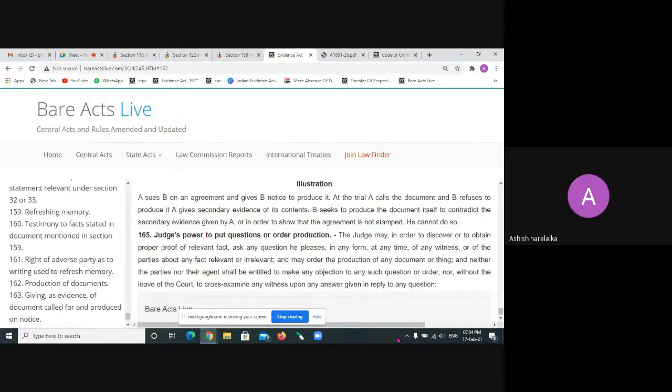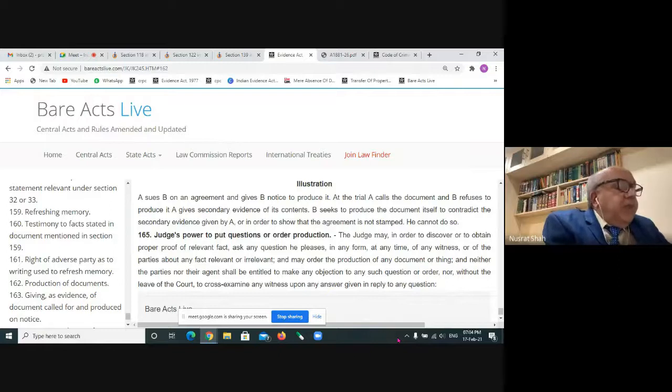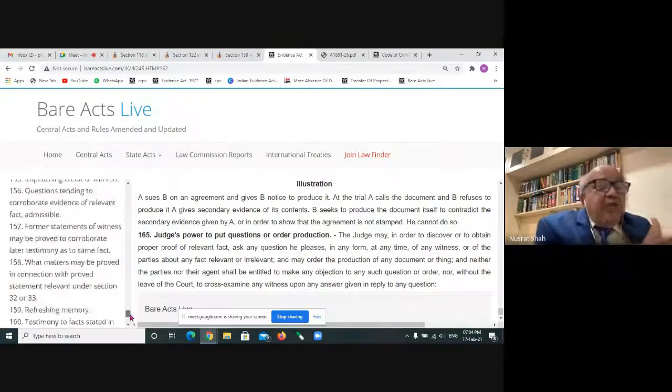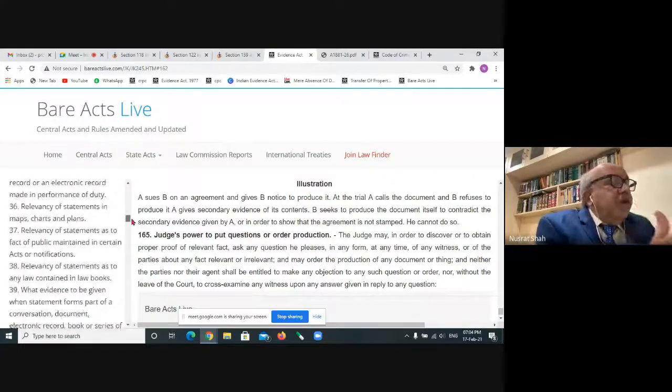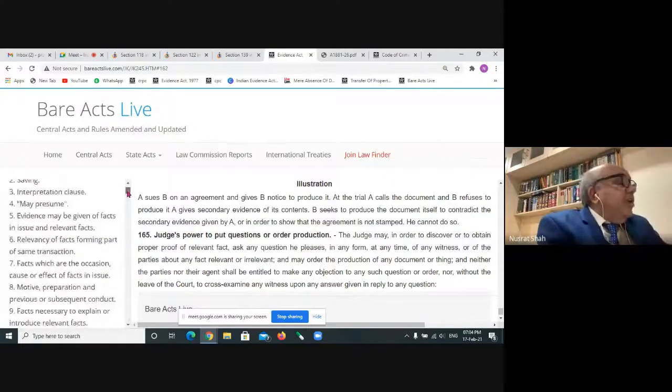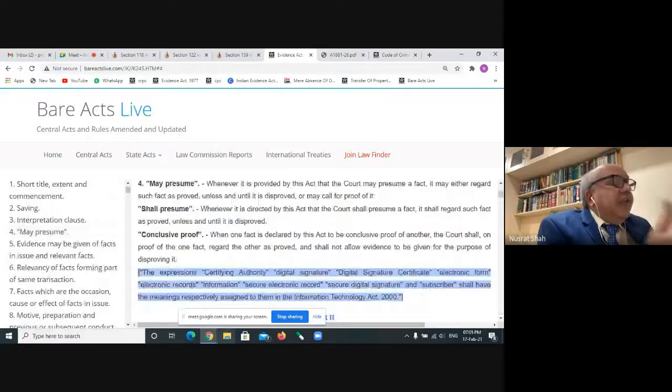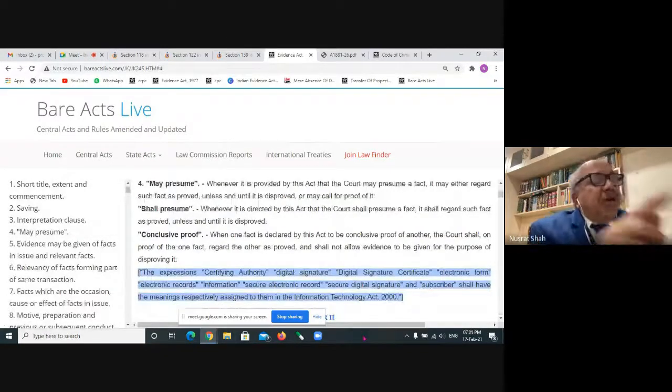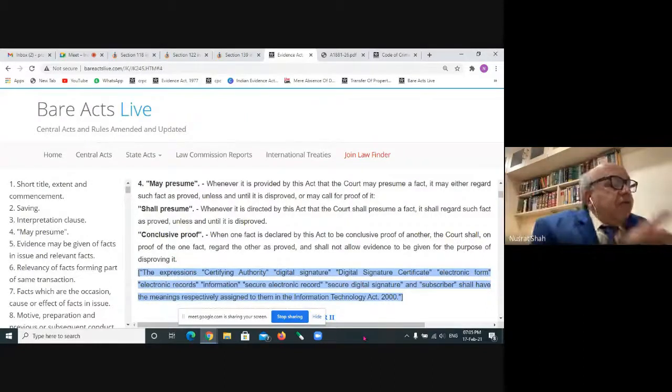Yes, sir. Now come the next other provision. Now with this section 4 makes you travel to learn almost every section of the Indian Evidence Act, because you have to read the Evidence Act this way only. You just cannot read from serially 1, 2, 3, 4, 5, 6, 163. So we have to connect it. Please make a mental note of it. And when you are giving the examination writing also, and also when you are in the practice, this is how it is done. Now the next sections which I mentioned to you are